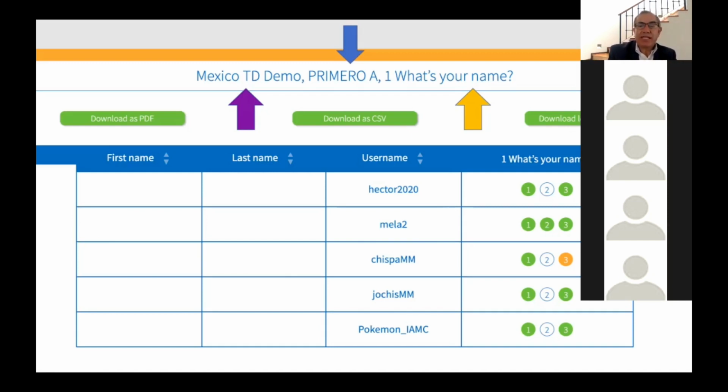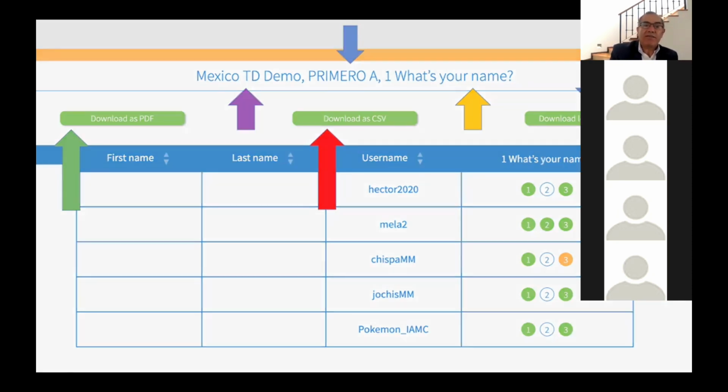So we represent it through colors. But for me as a teacher, it means that activity 2, maybe I didn't explain it well. Maybe it's not the platform, maybe it's not the children, maybe it's me. My explanation was not clear enough. All right? So we can download it as a PDF, as an Excel or CSV, or you download the plan again if you need it.